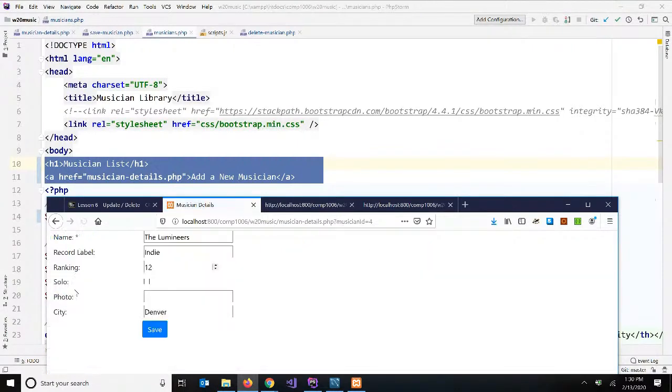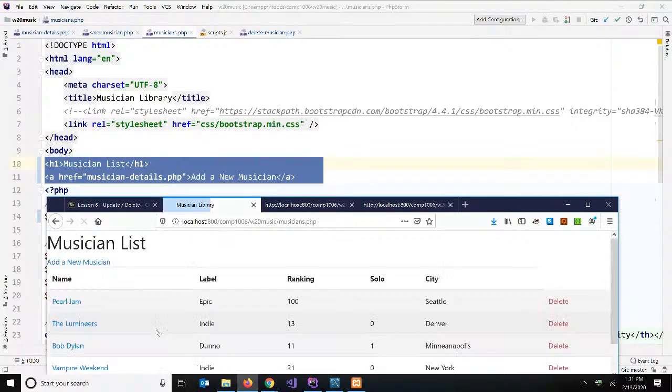Emily, I want to come back to the question you were asking because it's a good one about updating. Why update all of the columns? Maybe the user only changes one thing, right? So I change the ranking from 12 to 13. My update is still going to set the name from the Lumineers to the Lumineers. Because it's most efficient to just update all of the columns,